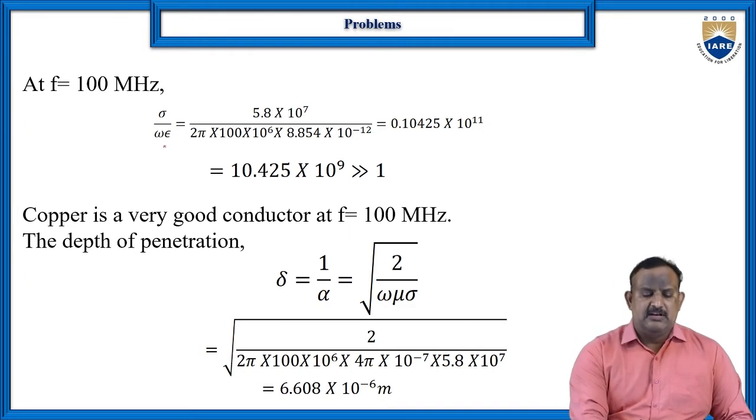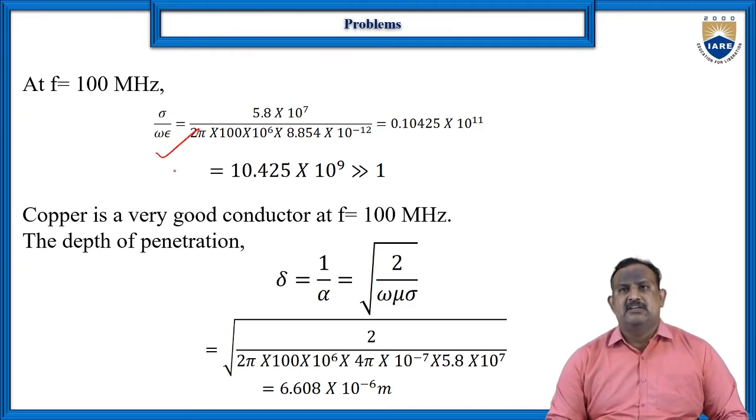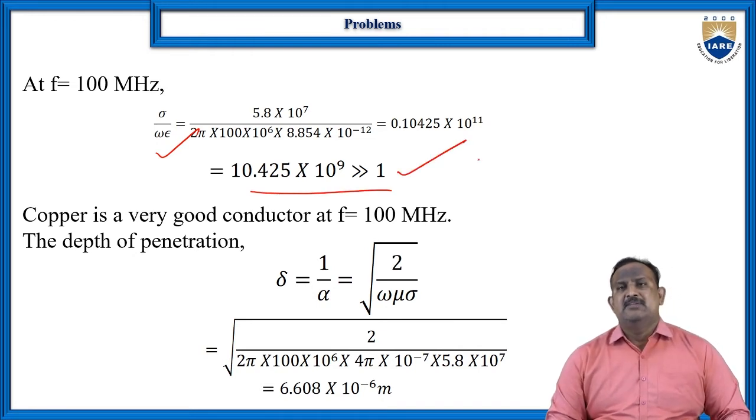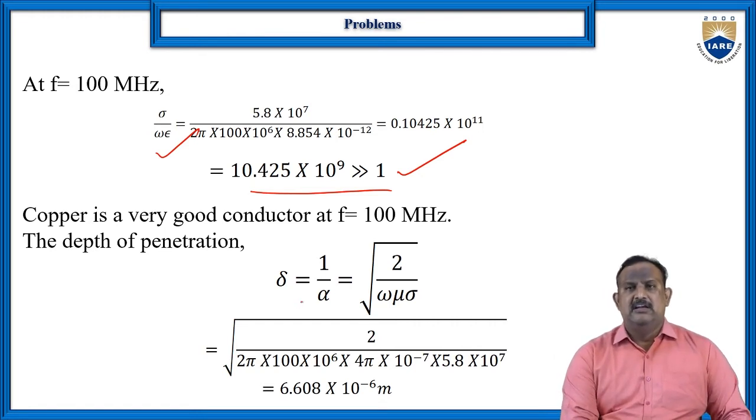So, at 100 megahertz, find out the dissipation factor. The dissipation factor is again very much greater than 1, then copper is a very good conductor at high frequency, that is f equal to 100 megahertz. Then the depth of penetration delta is equal to 1 by alpha, which is equal to root of 2 by